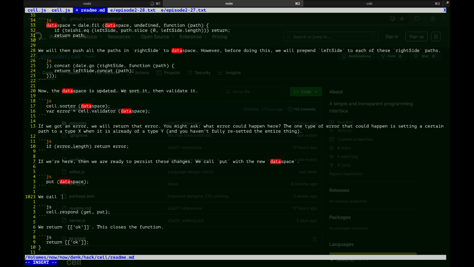We call cell respond in case some reference needs to be updated. If cell respond finds that changes should happen, it will call put. In that way,